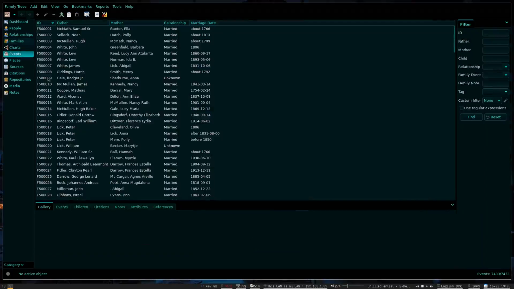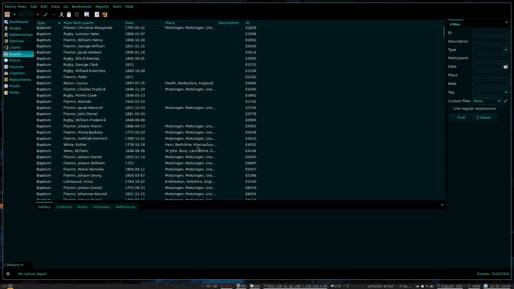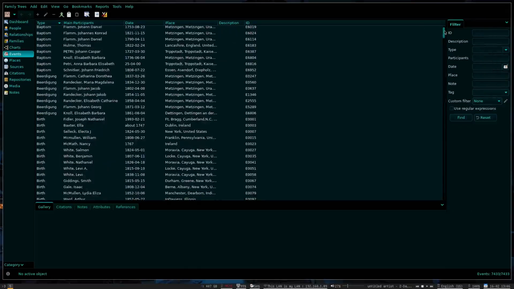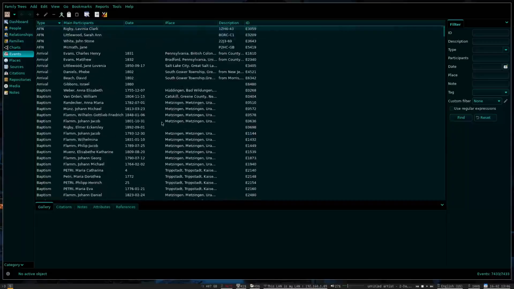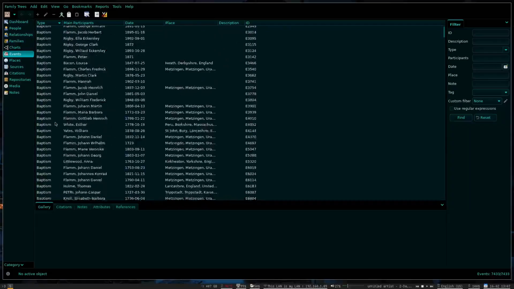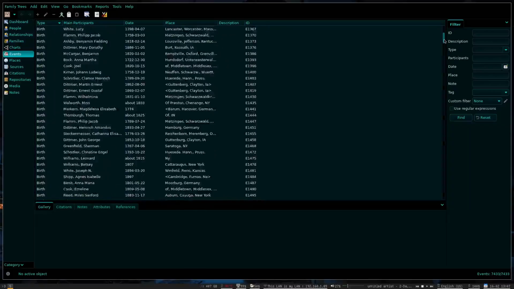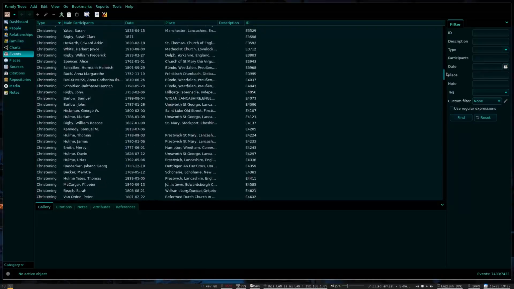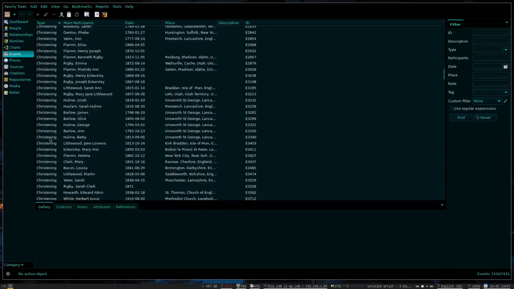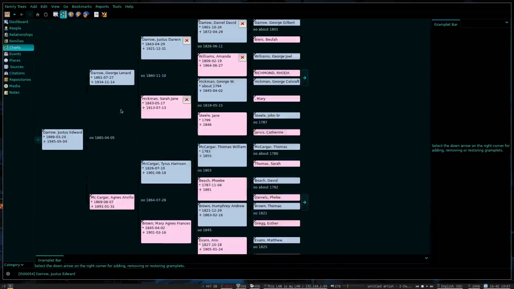So if we actually look at the events, you can see that it's got a good number of them. Let's see. We've got the baptism, birth, of course. So it lists everybody out in the tree. Burial, census, and it's even got christening. So it's got a lot of stuff. So if I go back into the charts,